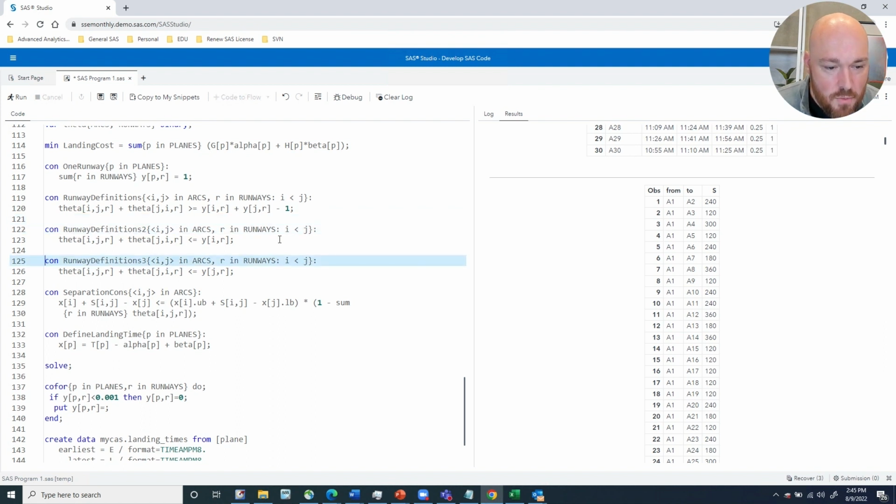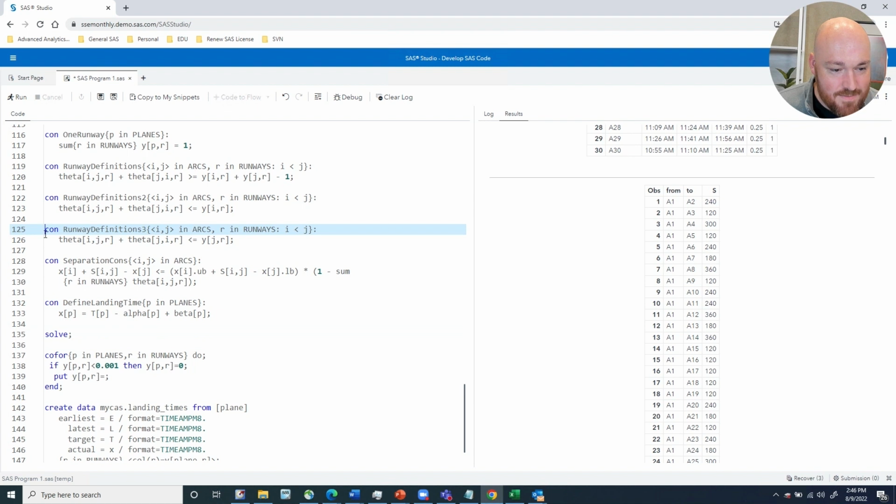Down below, we have a few other runway definitions that further define this relationship between theta and y. And for folks that really want to get into the details of the aircraft landing problem, I encourage you, there's also an attachment that goes into the code in a lot more detail. It explains each line line by line and really explains the logic behind how and why these constraints are constructed the way that they are. And so again, for folks who want a deeper dive into this problem, and for that matter, into PROC OPTMODEL itself, I encourage you to take a look at the handout that's associated with this talk.